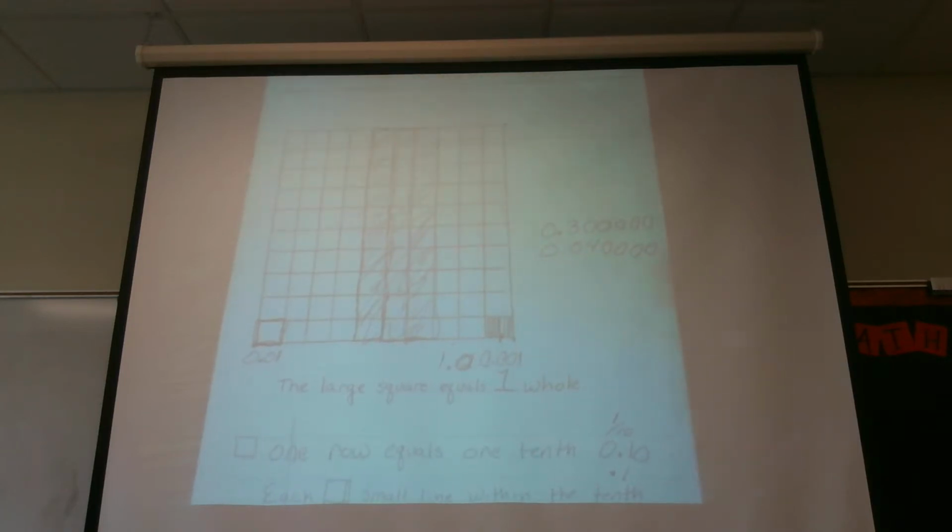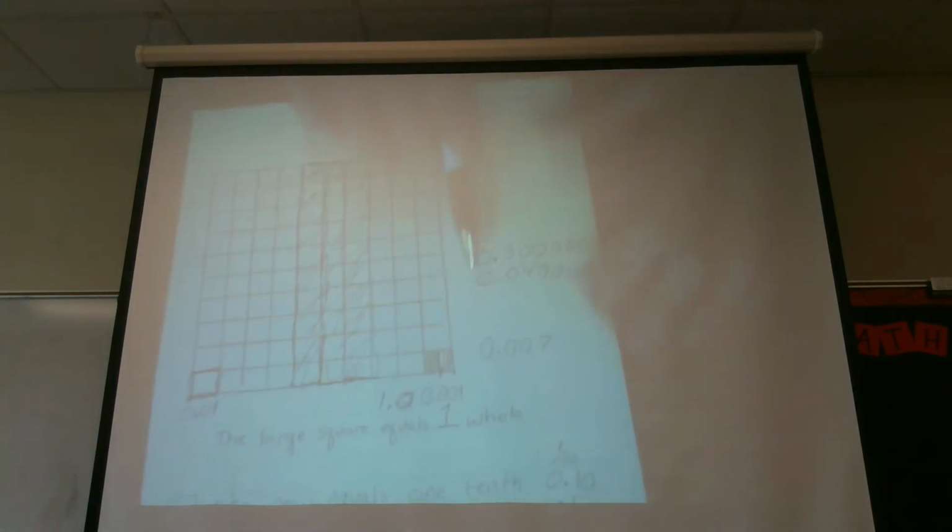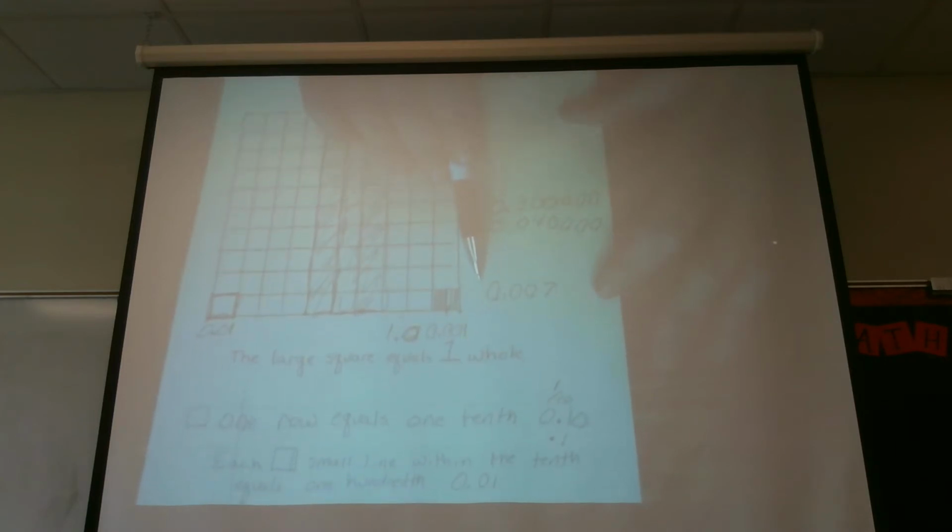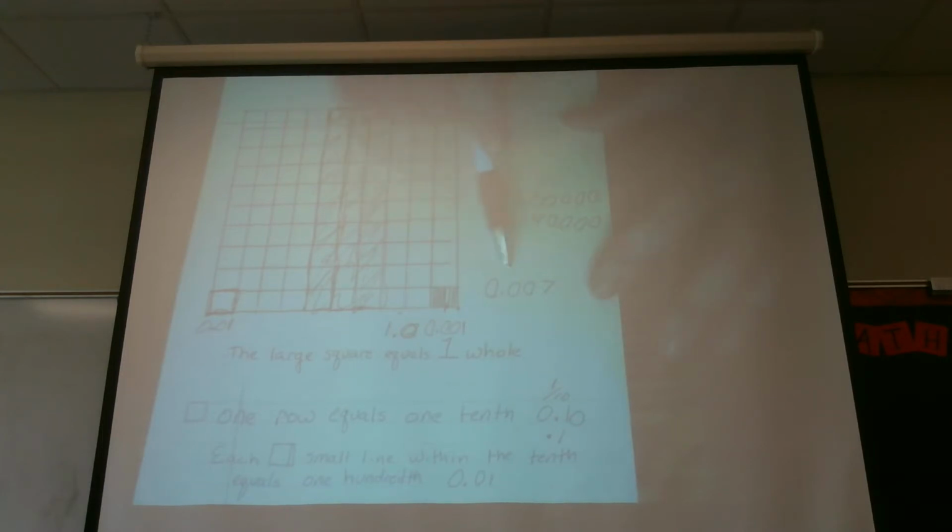Now what you're going to see is I'm going to say, you have 7 thousandths. And if you look at that, that's not even 1 whole hundredth. So 7 thousandths is written like this. I always put my sevens backwards if I'm writing upside down. But 7 thousandths is this. But it's only part of this. It's not even 1 whole hundredth. And as I said, this whole little square right here is a hundredth,